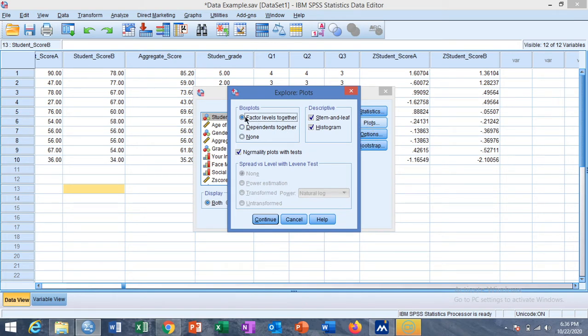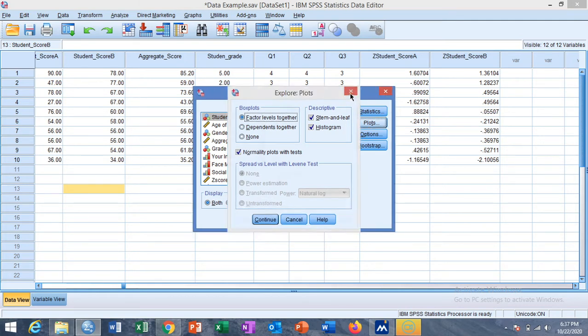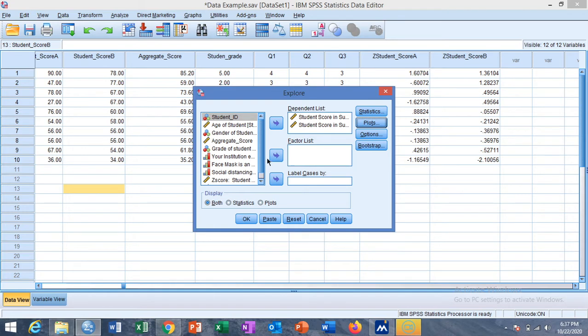You can find Factor Levels Together for the box plot. If there are two or more levels of a factor, you will find the box plots for each level of the factor. We can also do this by setting the factor variable as gender in the factor variable list.